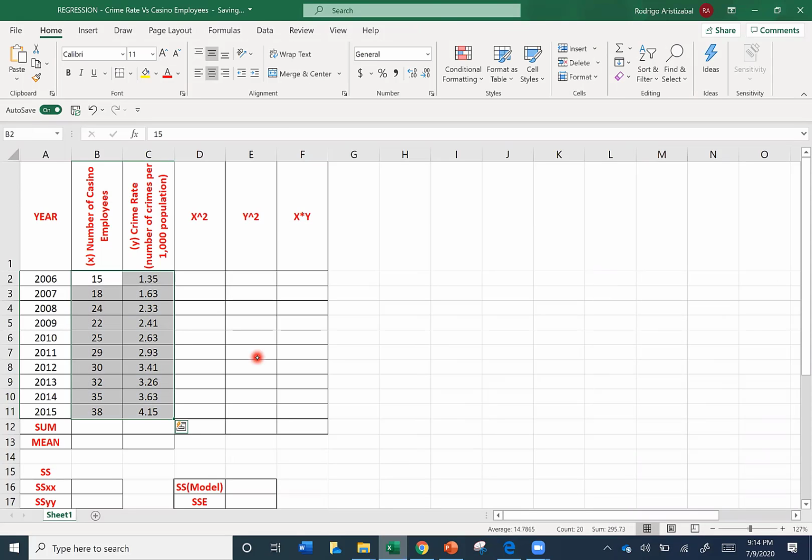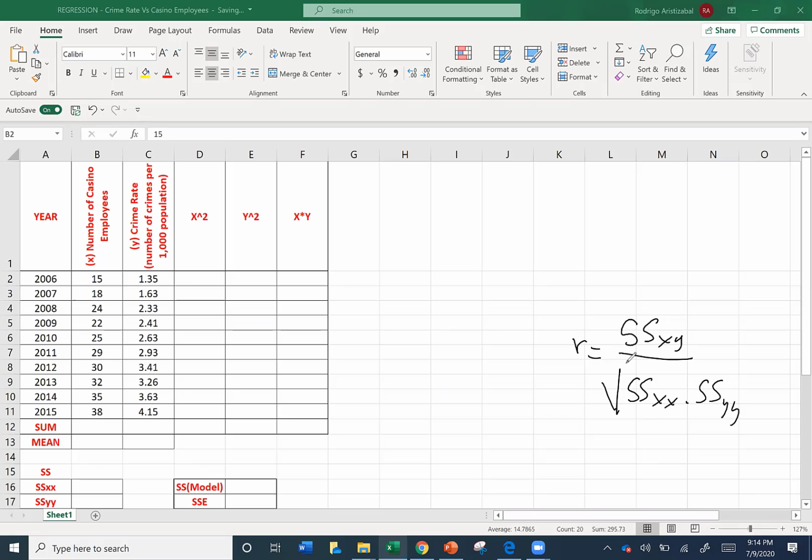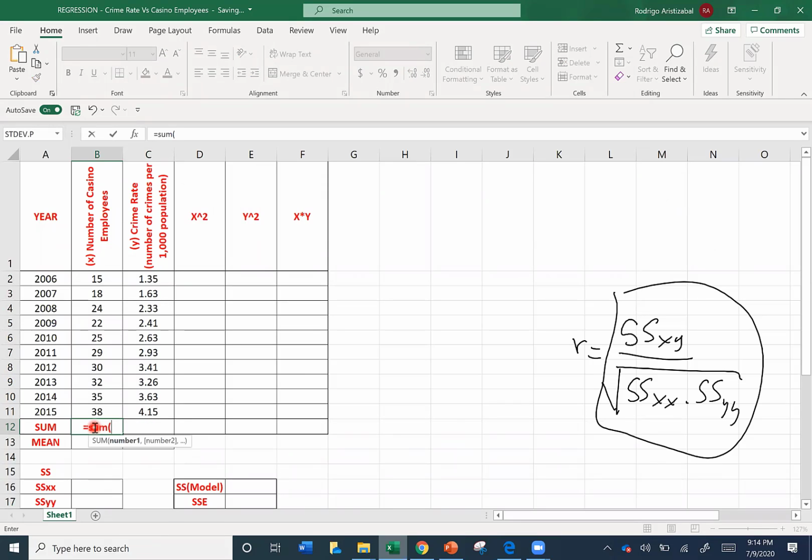Remember, the equation for the coefficient of correlation will be the sum of squares of xy divided by the square root of the sum of squares of xx times the sum of squares of yy. This is the shortcut formula for the coefficient of correlation. We need to find this. How can we find this? Actually, first of all, we need to obtain here the sum of all x, equal the sum of all x,